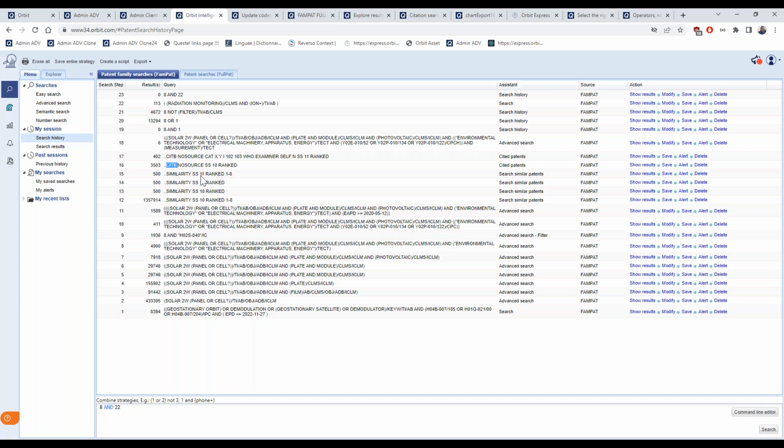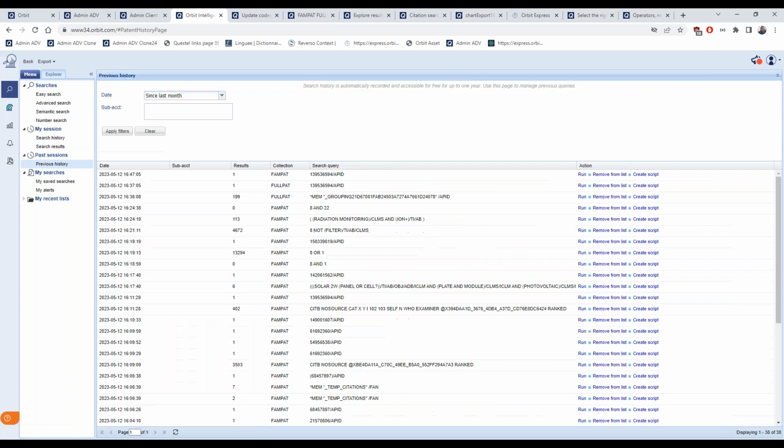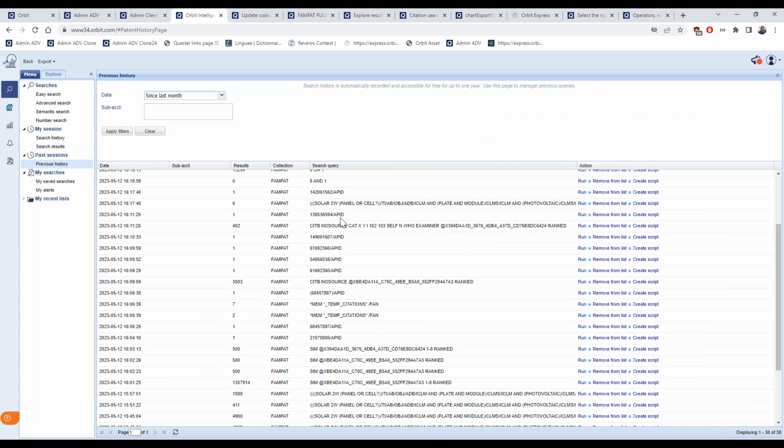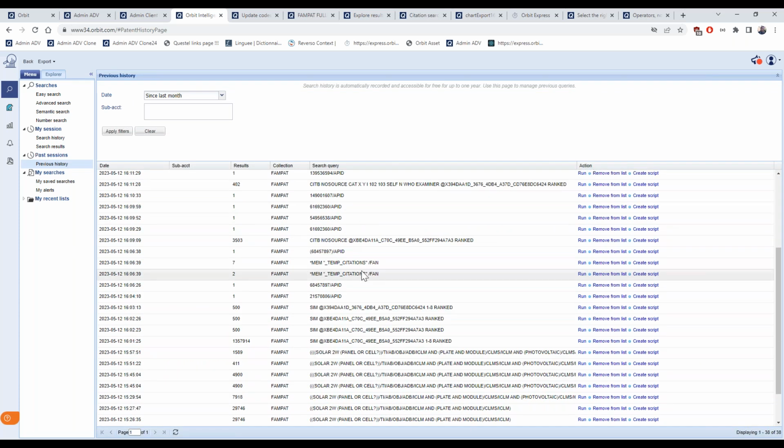So it cannot be run from the previous history, practically. This similarity search was very interesting based on this data set. But if I want to run the same similarity search with these 500 results in, let's say, 2 weeks, I won't be able to, because even in the previous history, all the searches that have this type of algorithm behind will give no results.